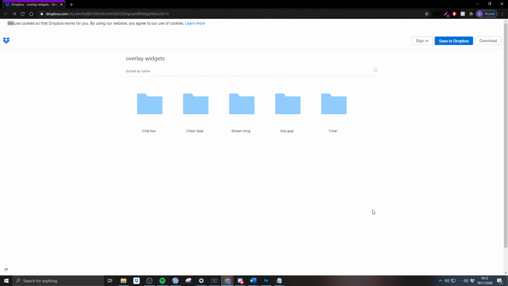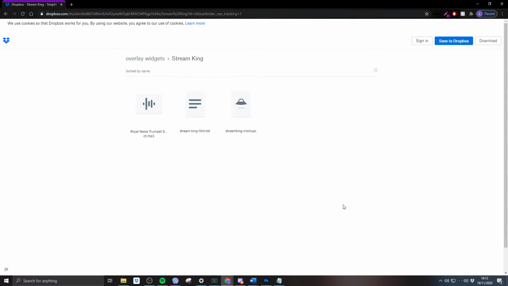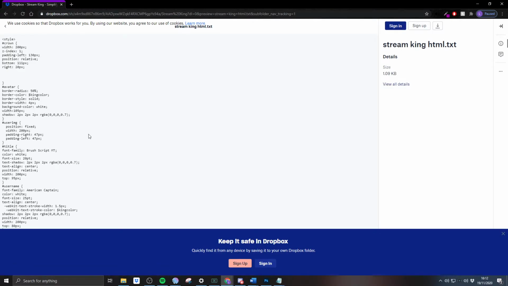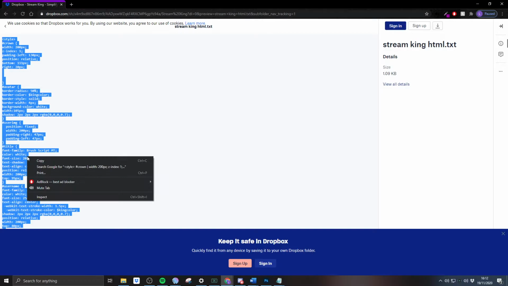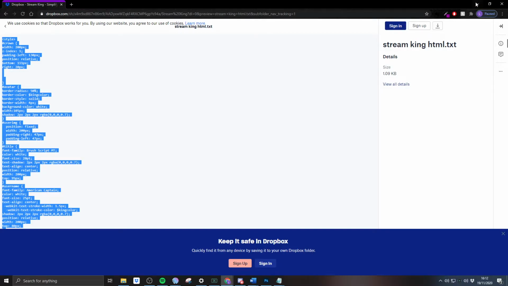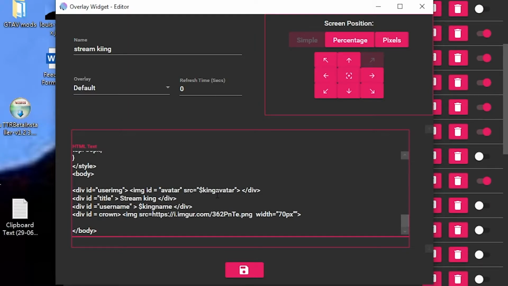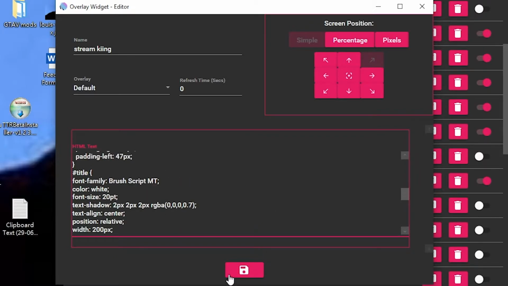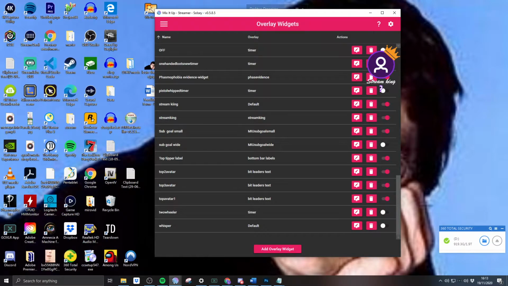Now, again, you're going to need to head back into my overlay widgets Dropbox file, and then you're going to need to head into the Stream King file. We just open the text file here. Then again, we just want to copy out all of this HTML and then paste it straight into this HTML box. Now, if we hit save now, for me, this is showing as the default,